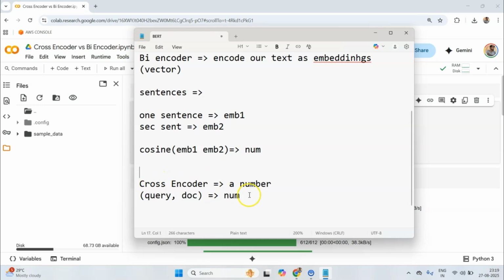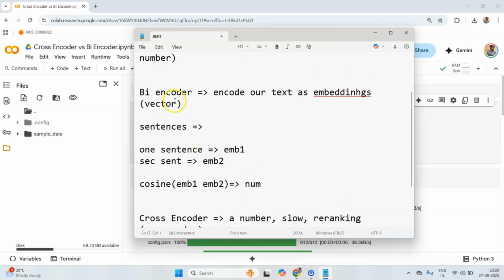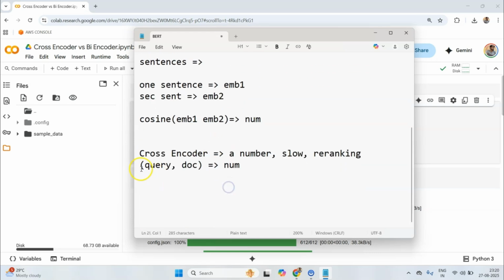Now cross-encoder models are slow, so they are only used in some specialized tasks such as re-ranking. Why? Because they are slow, we can't scale them properly. So with the bi-encoder, we can get results pretty quickly, and they are not very slow. They are very fast compared to cross-encoder models, and we know the reason why they are faster.